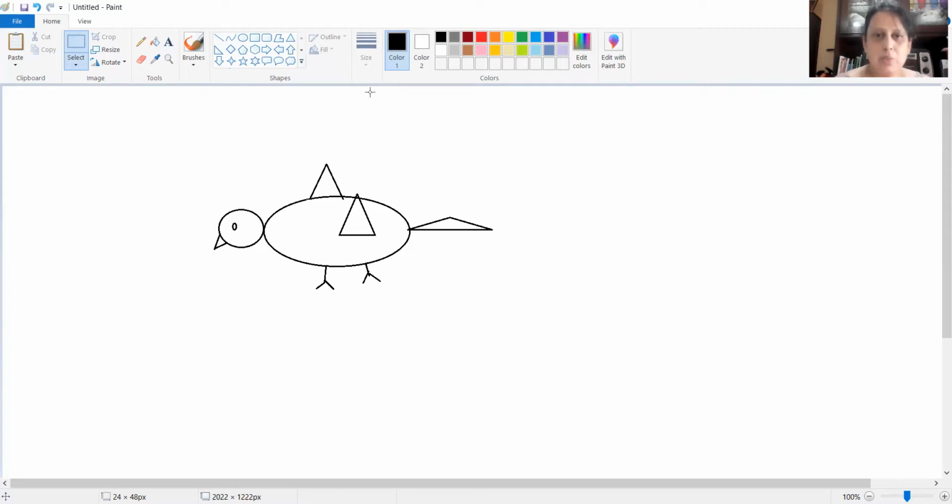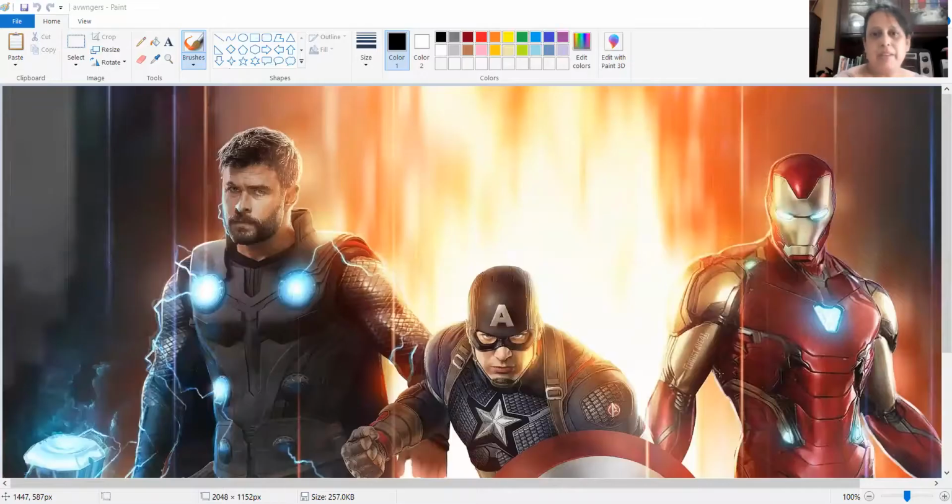Now, this is just one of the shapes I've shown you, or one picture. You can try out as you like. Okay, now I'll just show you another feature in Paint that you can do. And I'm back again with my Avengers, my favorites. Okay, now supposing I want to flip this picture. Okay, what does flip mean? Flip means to move it in a mirror image.